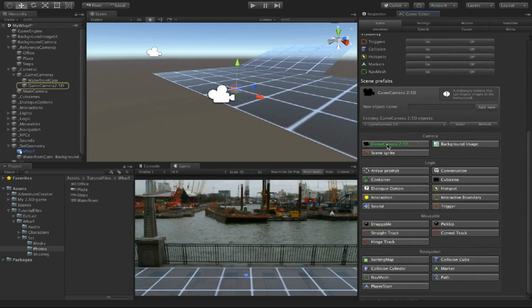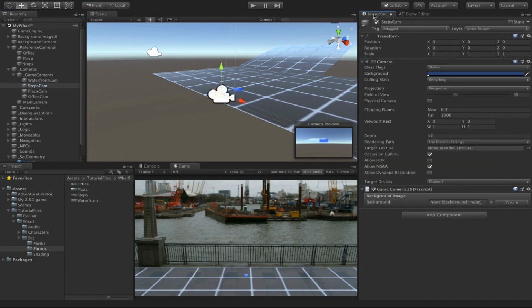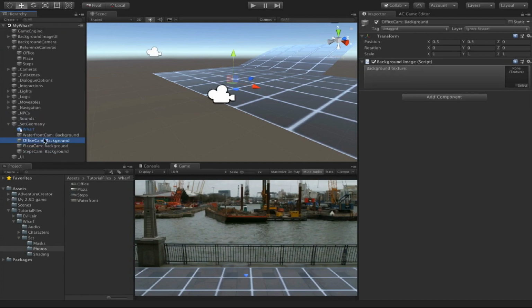So I'll click again, Game Camera 2.5D. This one I'll call Steps Cam. I'll just duplicate these now. Plaza Cam and Office Cam. And going to each of their inspectors, I'll create a new background image. I'll place these in the set geometry folder, and selecting each in turn, I'll assign the relevant texture into their background texture field. So Plaza Cam will get Plaza, Steps Cam will get Steps,